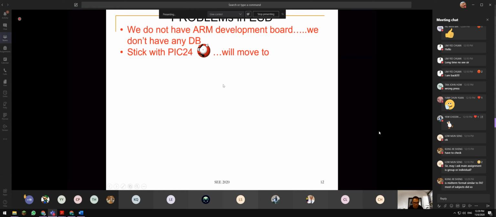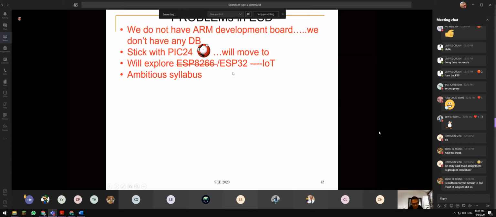However, starting from next semester, I have already proposed to purchase a development board using PIC24. I will let you know later. Let's move on first. I cross ESP32 because things are evolving. You stick with ESP32, it's better. We use this as an IoT device.